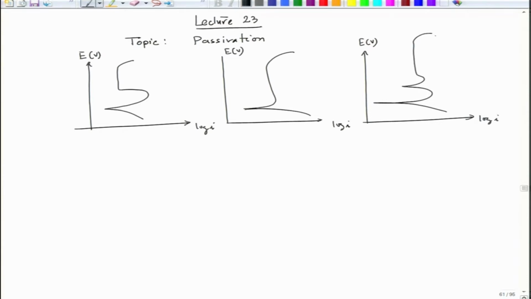We also talked that this particular one is a special situation we will discuss later,